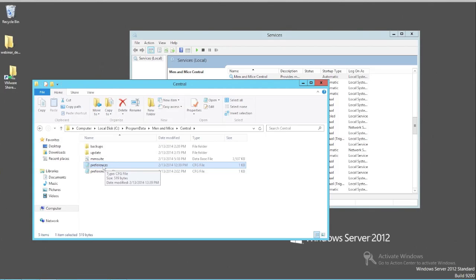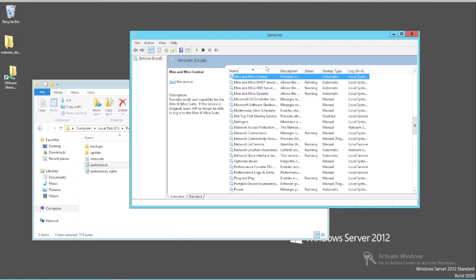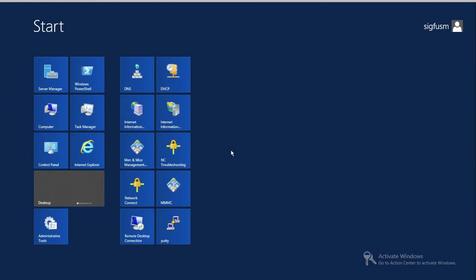There are a couple of differences between the regular preference file for SQLite and the high availability preference file, pointing it to my SQL instance and also specifying that it's set up in a high availability mode. Now I'm going to go back here and start Central. The server starts, reads this preference file, and establishes a connection to my SQL server. So if I go back and open up my management console,